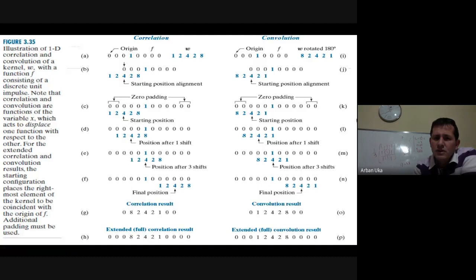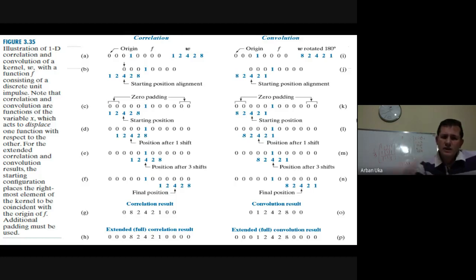But in case we have a convolution, what we do is rotate the whole kernel with respect to the other one, and then we do the pairwise multiplication. For example, if I want the correlation of the kernel, the kernel in this case is w, and we are going to slide it over a specific function, which can be like a step function. The function shown here is all zeros and a 1.